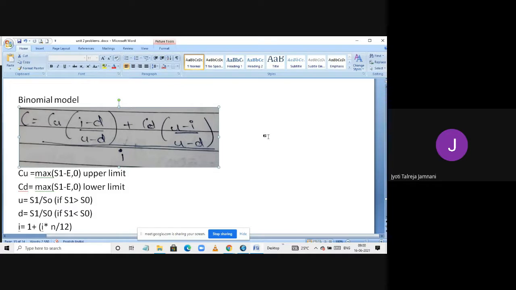And when we say binomial model, it basically uses the binomial distribution, not the normal distribution. I don't know how many of you have studied it in graduation. There is Poisson distribution, binomial distribution, normal distribution. So we name it the binomial model because it uses the binomial distribution. So it finds out the upper and the lower limit. The middle point is whatever the share price is, then the upper limit and the lower limit of the share price are considered.